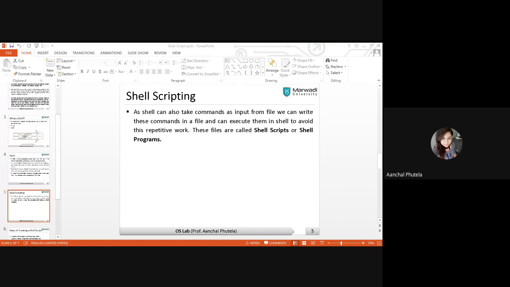When we merge many commands on a piece of paper, it is known as a script. We use scripts to avoid manual or repetitive work. So when I want to avoid manual or repetitive work, I prefer to write a script.